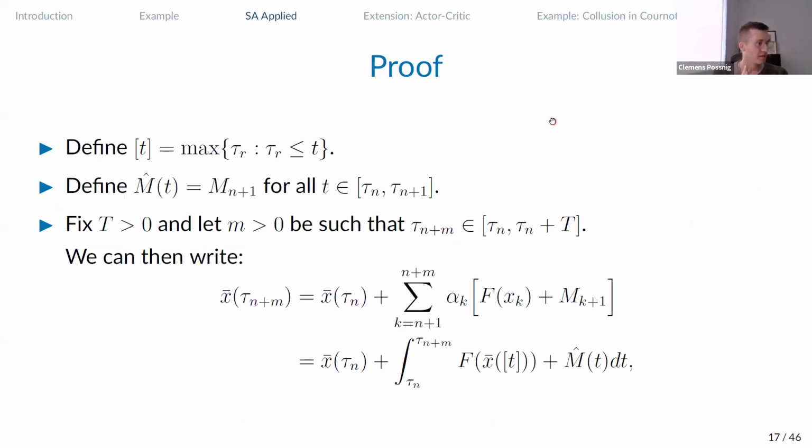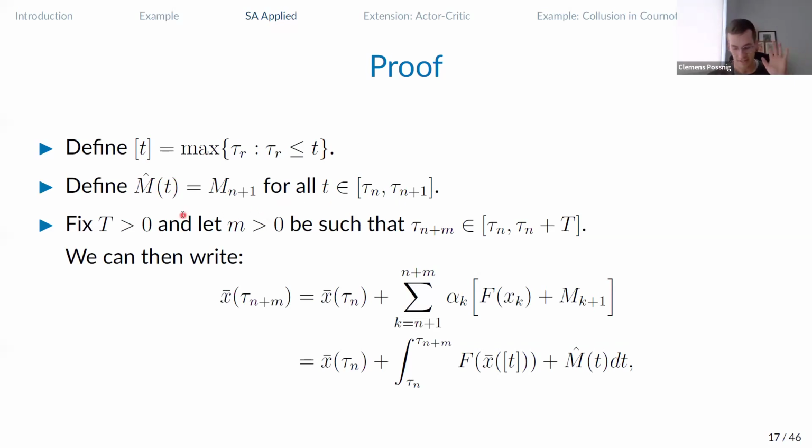A couple of definitions first. I'm going to define bracket of t, for continuous time t, as the continuous time in the algorithm world that has accrued in order to achieve something that is as close as possible to continuous time t. And this is basically now a step function that changes only whenever the algorithm time step size also changes. And also I need to bring these martingale error terms onto the continuous time. So I'm going to call this m hat of t for any t in tau n to tau n plus 1.